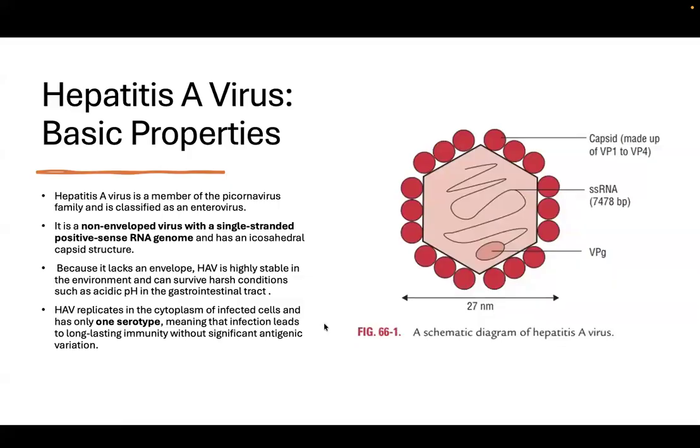So hepatitis A viruses are non-enveloped viruses that have a single-stranded positive-sense RNA. Being non-enveloped makes them extremely stable in the environment. In general, they can withstand very harsh conditions, one of them being the acidic pH in our gastrointestinal tract. So usually, when we're infected with hepatitis A virus, we contract it through our mouth. This could be through contaminated water, or it could be